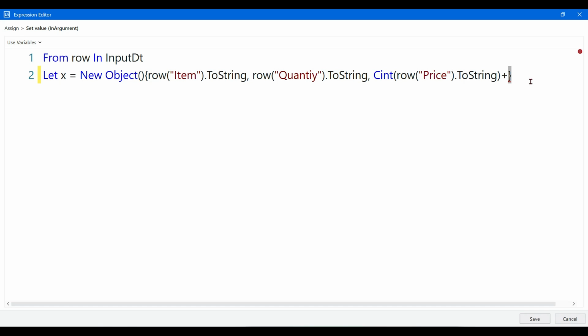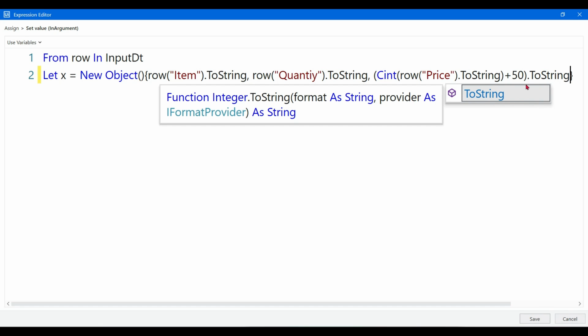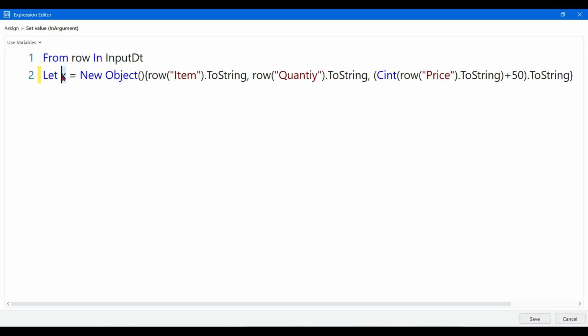Let me add 50, and after adding I'll again convert this back to string. So I'll write string like this, and I'll say dot ToString. Pretty easy. Now what is happening, this new object X is getting created, for the first time when this loop is